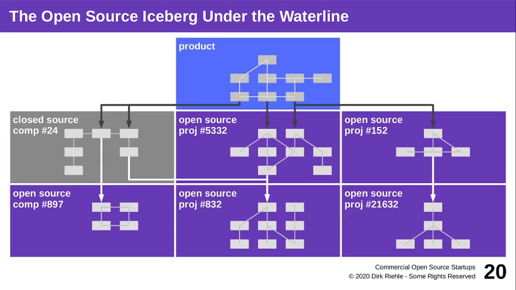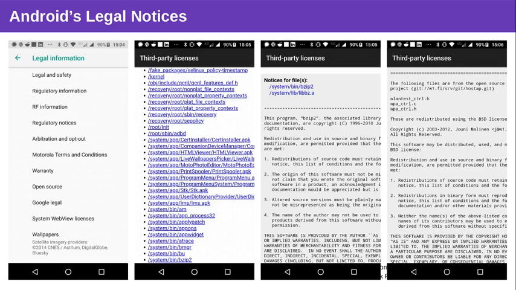Attribution, if you may remember, is that copyright statement. So for every copyright statement in that whole component dependency graph, you have to find it. And you have to put it into your legal notices next to all the license texts. And if you want to know how much work that is, because these copyright statements may hide anywhere in the code you're using. And you may not even be using source code, you may not even be building from scratch, you may be including binaries, so then you have to look at the source code behind those binaries that you download from the web and identify the copyright statements.